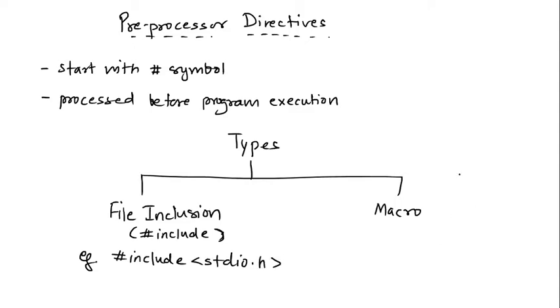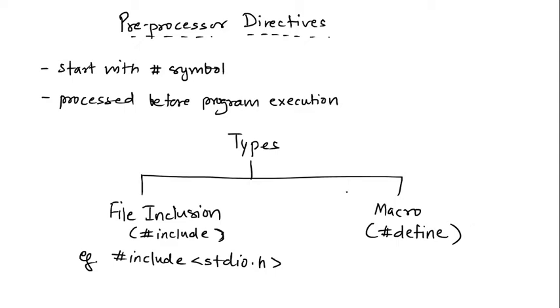Likewise, you can have many others, and as you go ahead, you will even add many header files to your set of libraries. So that is file inclusion, very simple, and we've already started using it. We will focus more on the second one, that is macro, and that is done by a directive called hash define. How it works and all these things, we're going to see in detail.